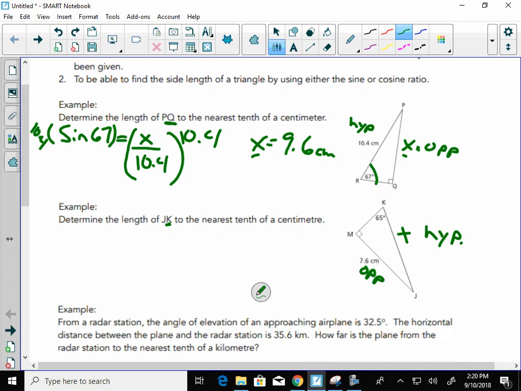It really doesn't matter if you're using sine, tangent, or cosine for these. You're just hitting a button on your calculator. All that matters is you get the right one set up, and you either do your division or your multiplication properly. Okay, so we're going to do sine again. It's going to be sine 65 degrees equals